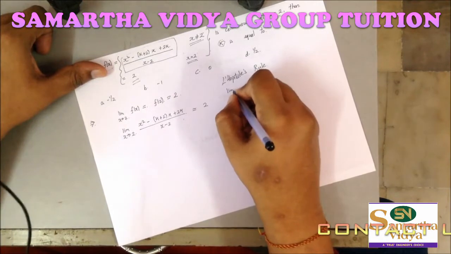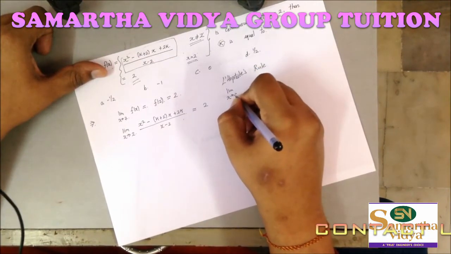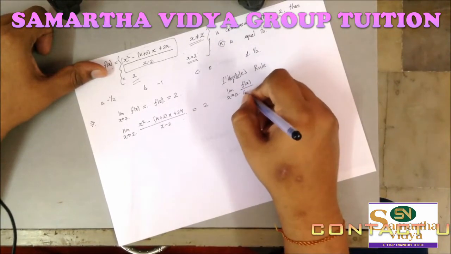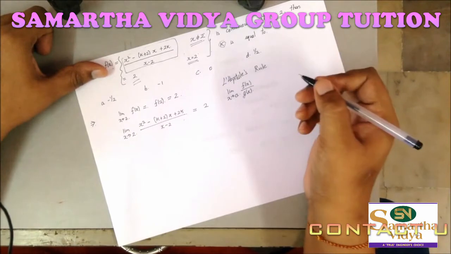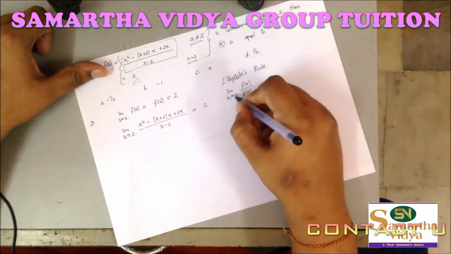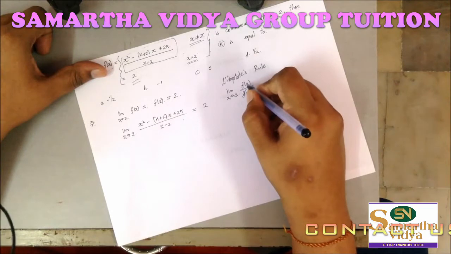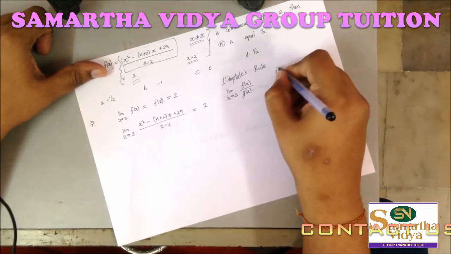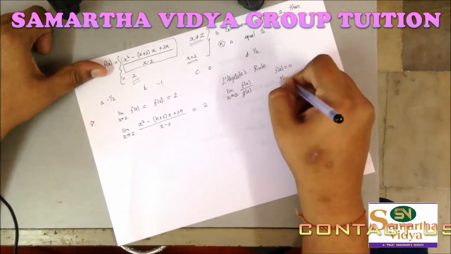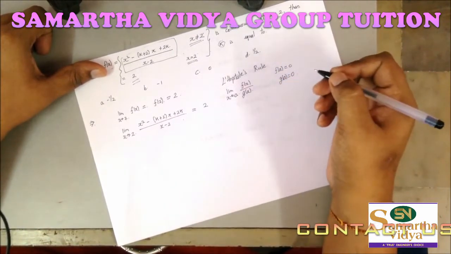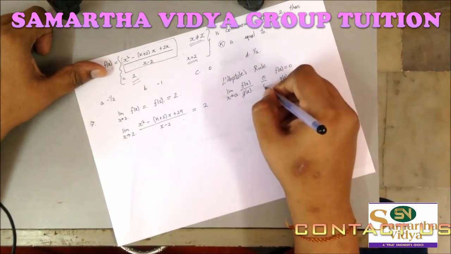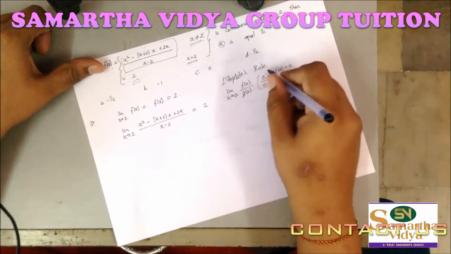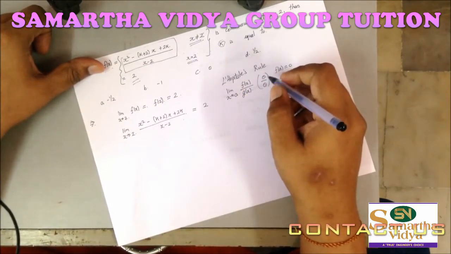Now the rule goes like this: if I have some limit which is extending to some value a, and I have a ratio of functions, that is f of x upon g of x, and if I substitute x is equal to a in f of x and g of x, that value should be equal to 0. That means my f of a should also be 0 and my g of a should be 0. So this becomes a 0 by 0 form. So if you have a 0 by 0 form, then we can apply the L'Hopital rule. That's the condition for applying the L'Hopital rule.